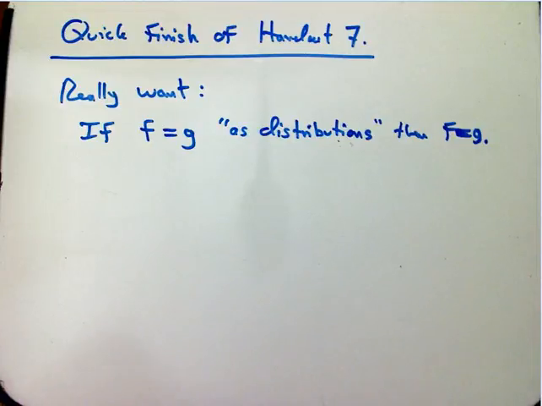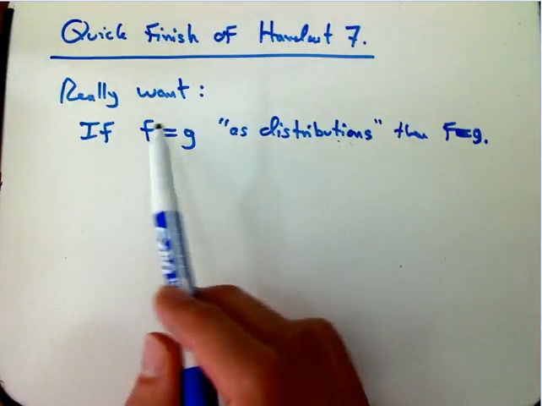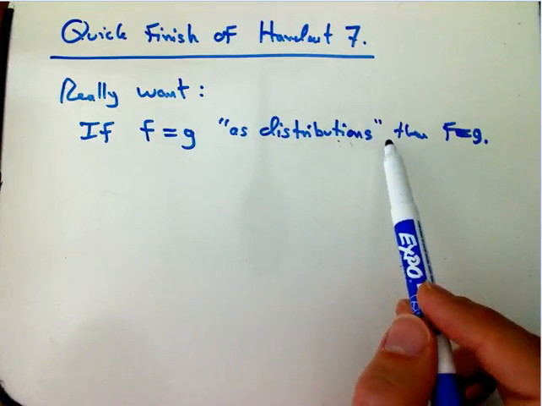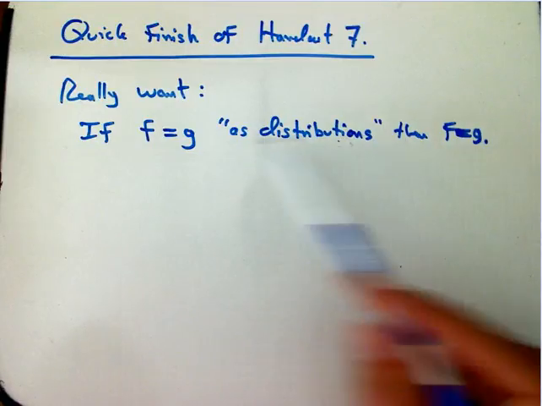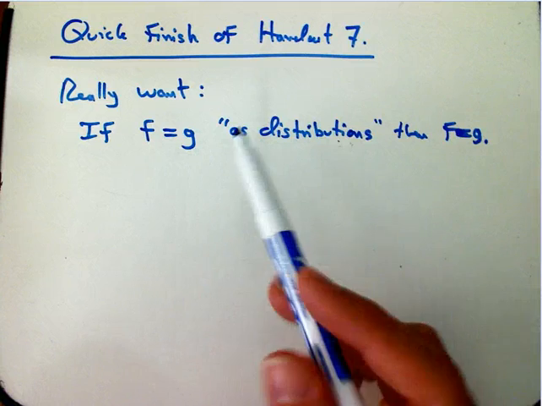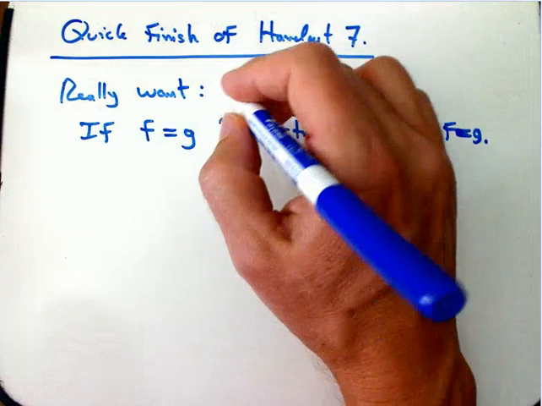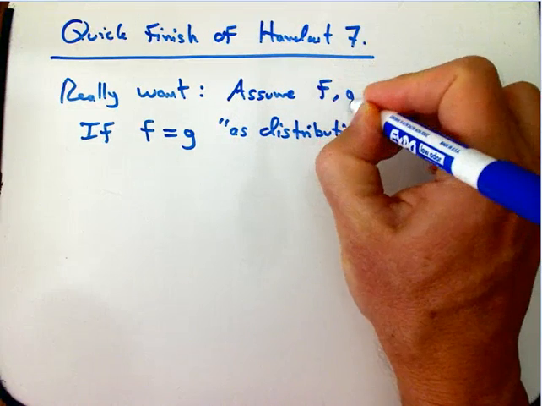Here's a quick finish of something I didn't realize I didn't say very explicitly at the end of the last video for handout 7. What we really want is that if f and g are two functions and we consider them "equal" as distributions, and we'll clarify that, then they're equal as functions. And there's one big caveat, which is this is just not really true, because I know I can redefine f and g on at least single points and maybe a countable set, maybe a bigger set, and that has to be clarified. But for right now, we're going to assume f and g are continuous,